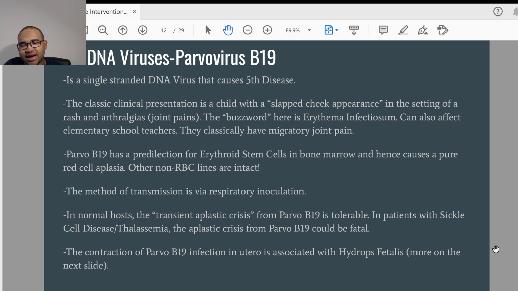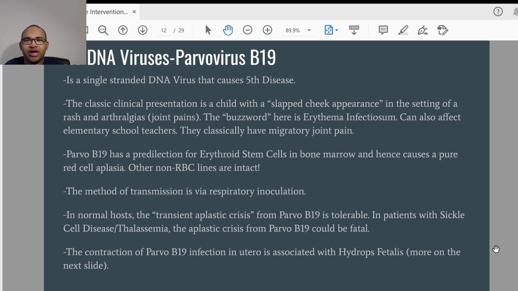Classic presentation on exams: a child with a slapped cheek rash, right? That has a rash, and arthralgias. The one buzzword you may see on a test is erythema infectiosum. And in fact, the NBME is beginning to move away from the slapped cheek rash because they know every human being has memorized it. They're beginning to go more towards elementary school teachers, right? So if you see an elementary school teacher who has migratory joint pain,